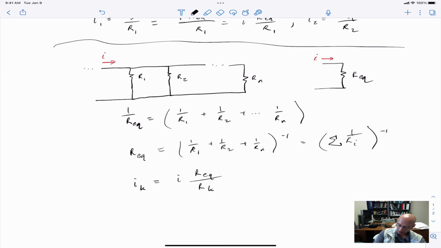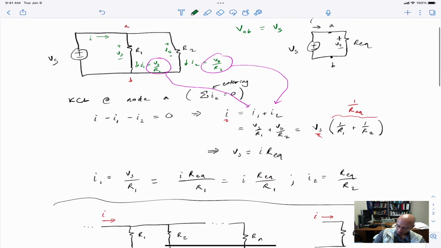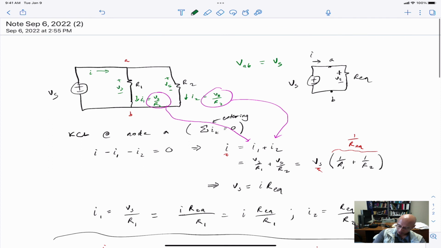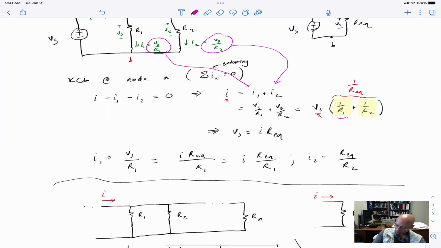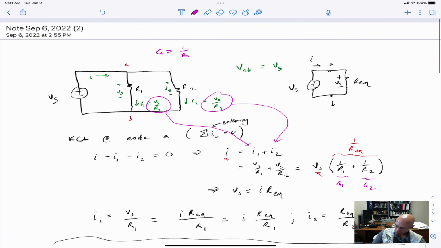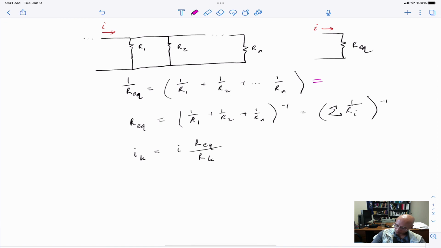We'll also talk about this in terms of conductance. So when we talk about conductance, we'll use G, which is the symbol for conductance, being 1 over R. So what we have, you can see here, this is what we would say G1, and this is G2. We could write this as the equivalent conductance, and it's just the sum of conductances. So you can think about conductances or resistances